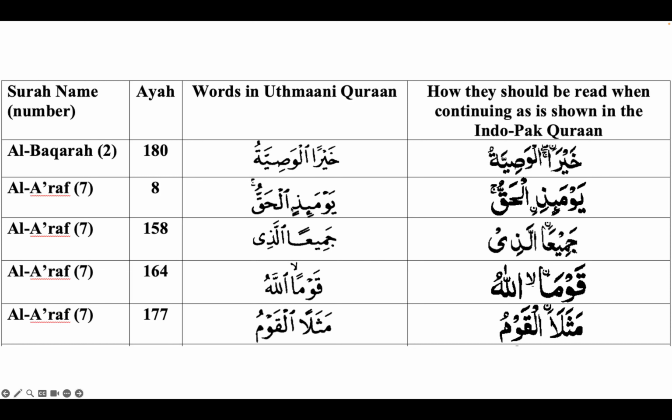The reason you might not be able to do that is because it might have an impact on the meaning that you don't realize. So if the Uthmani script does not have a small jim letting you know that you're allowed to stop, or recommending to stop there, then technically speaking you should continue reciting. So this is going to become khayran al-wasiyya,